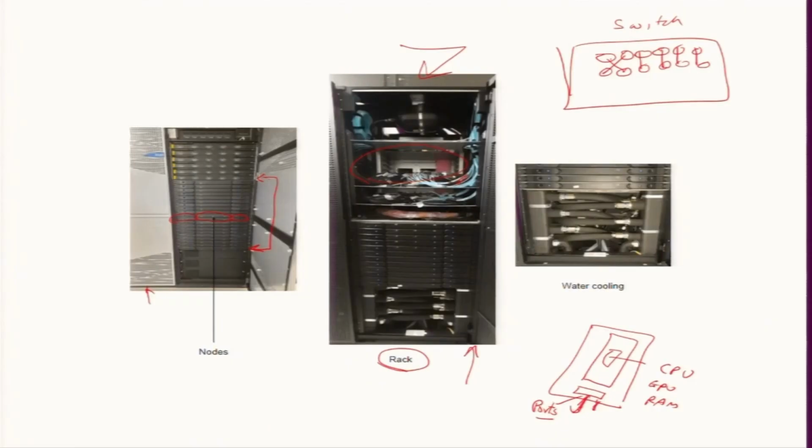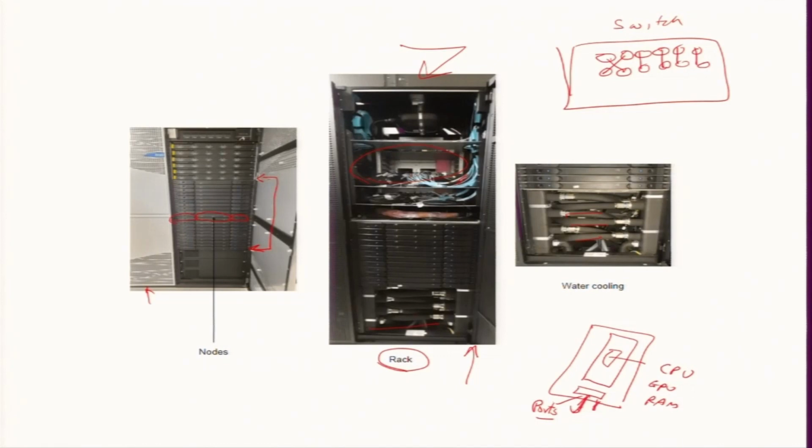Okay. And these nodes are cooled, as I said. So, this is water cooling. There are pipes, you can see these pipes here, and water is flowing through them, and this water is basically going on top of the CPU. Okay. There are conduits through which water is flowing. Compared to air cooling, water cooling is much more efficient. Okay. So, this is one rack. You can have a look at this system sometime later.